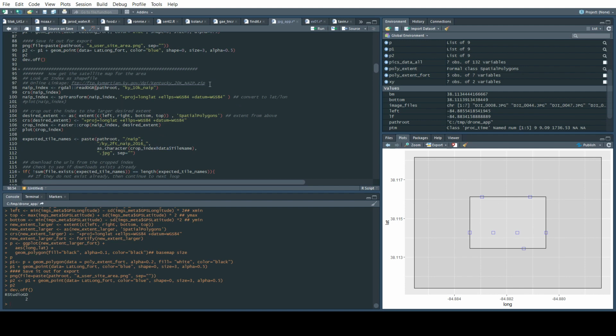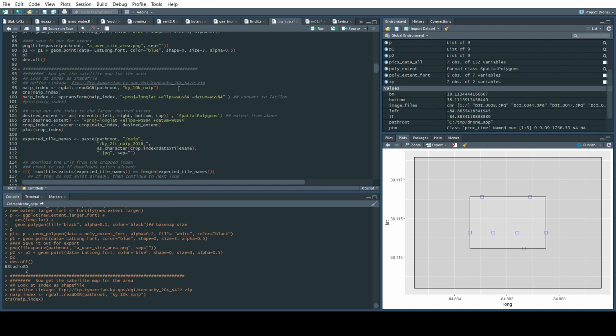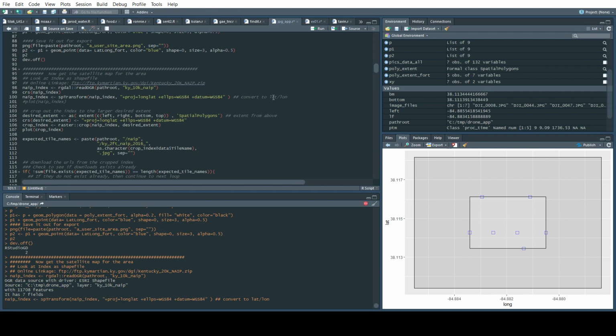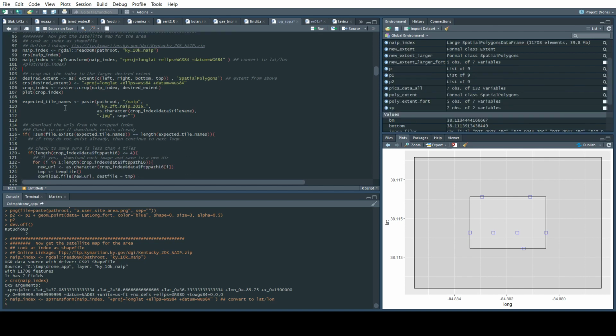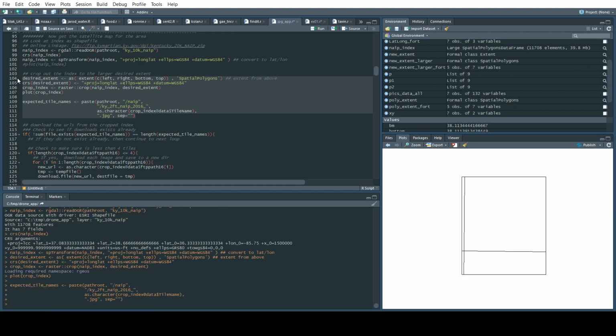So the one thing that I probably should have included in the video is we're using a shapefile that is an index of the NAIP imagery for Kentucky. The Kentucky Geo portal made this and we downloaded it as a shapefile. So we'll simply open that shapefile up and transform it to match our lat long stuff that we're doing. So that smaller extent, all we're going to do is use that here to crop out the intersecting part of the index. So you see here, this matches that index,